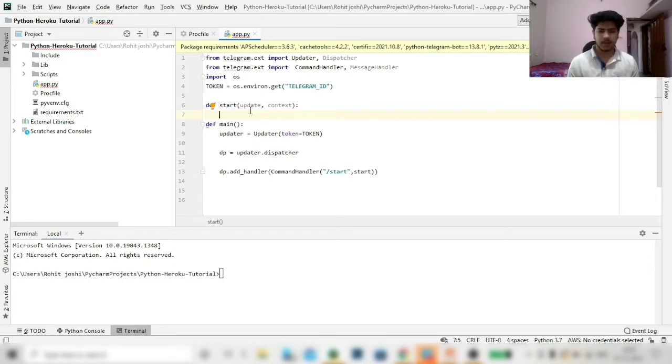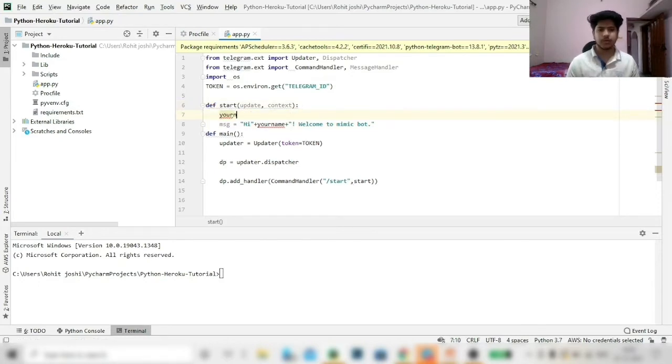Let's say the message that we want is like: hi plus your name, plus welcome to MimicBot. Now what is your name? How can we get your name? In Telegram there are two things you can see, one is update and one is context. Update is basically a JSON response.